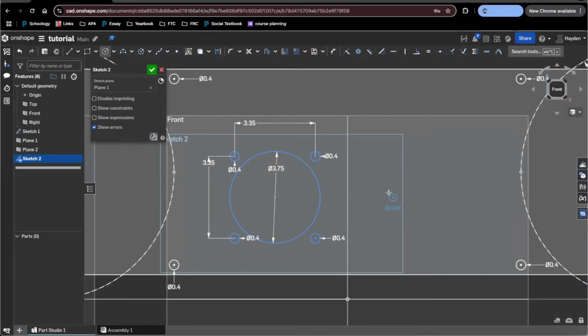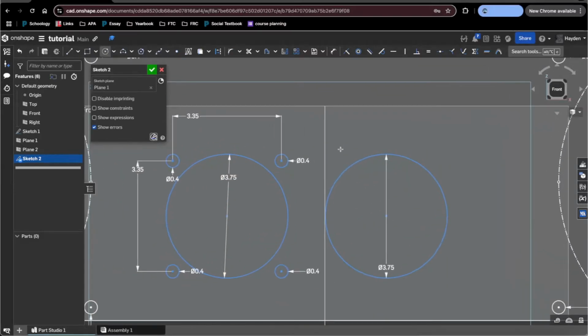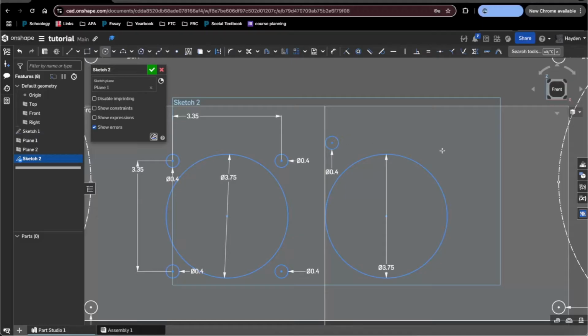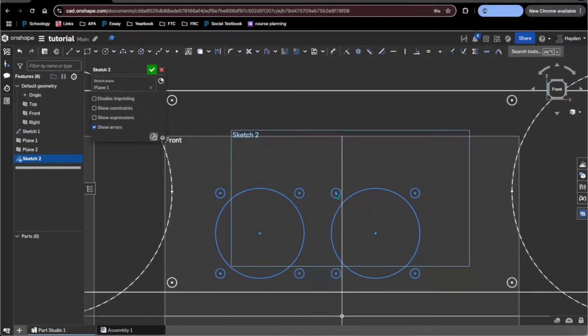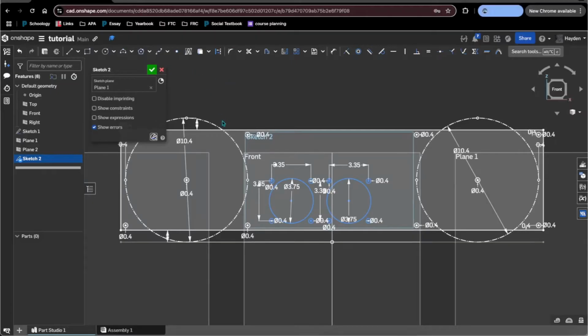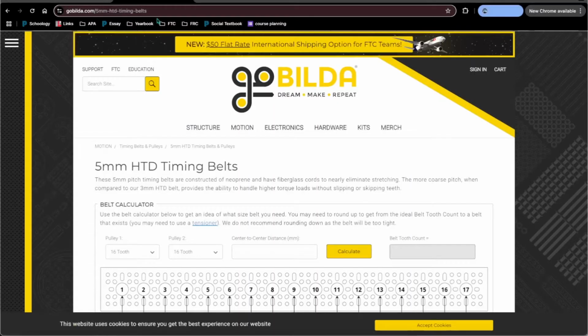We're going to make a second motor, horizontally aligned, and then just 0.4. Okay, now that we've done that, we're actually going to go over to the GoBuilder website. You're going to want to go to Motion, Timing Belts and Pulleys, and then 5mm HTD Timing Belts and Pulleys. We're going to figure out